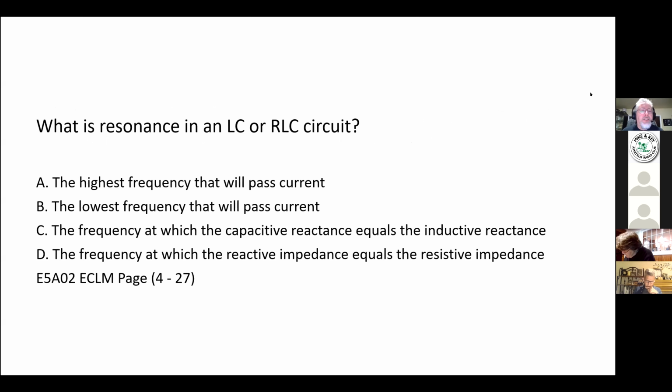What is resonance in an LC or an RLC circuit? A, the highest frequency that will pass current. B, the lowest frequency that will pass current. Or C, the frequency at which the capacitive reactance equals the inductive reactance. Or D, the frequency at which the reactive impedance